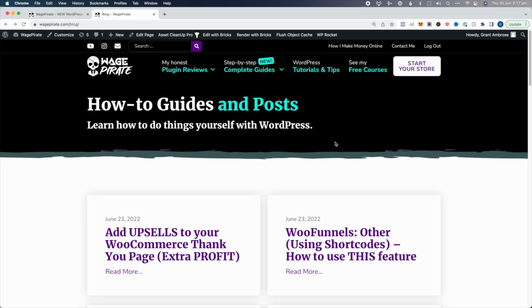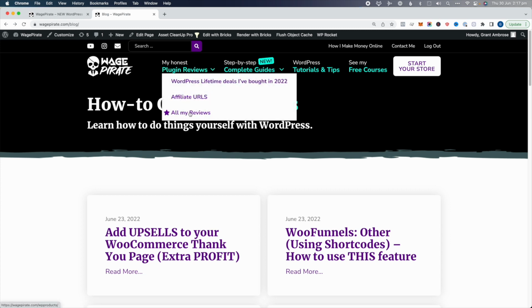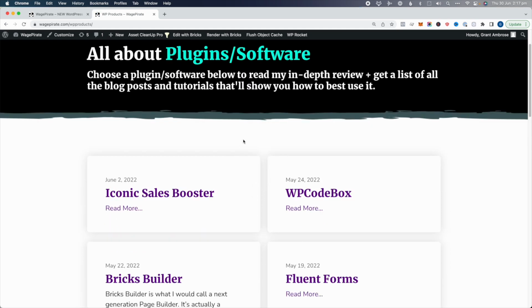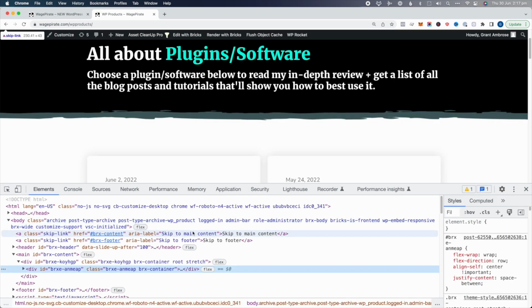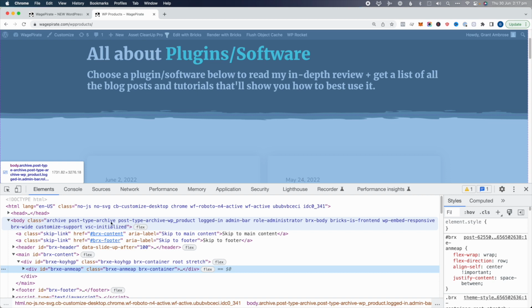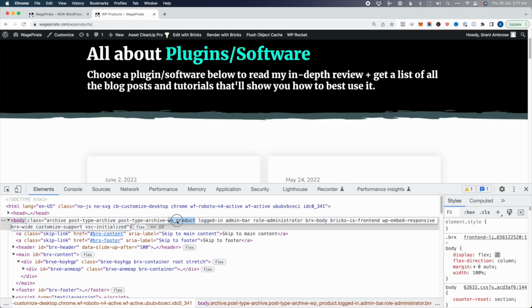Another way that I'm using this is for a post type archive. So if I go to here and I go to all my reviews and we have a look here, if we right click and go inspect element here, so this is a post type archive for this post type here,